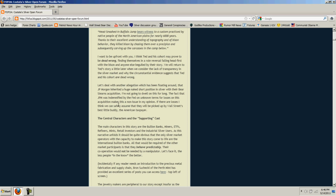The fact that JP Morgan was indemnified by the Fed on unknown terms for losses on this acquisition make this a non-issue, in my opinion. If there are losses, I think we can safely assume that they will be picked up by Wall Street's best little buddy, the American taxpayer. Now, why he believes that it's a non-issue simply because it's backstopped by the government, I don't know. Because Bear